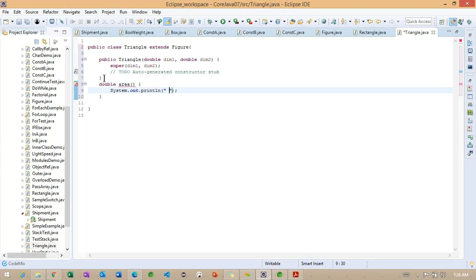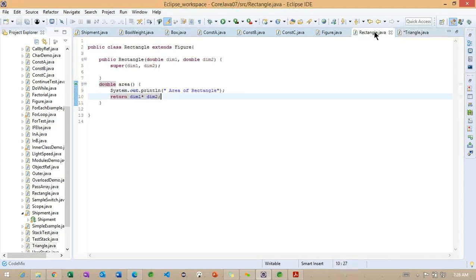So inside the area of triangle, return some value I'm trying to return here.